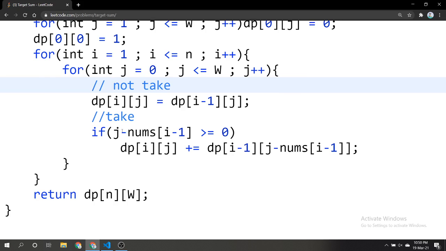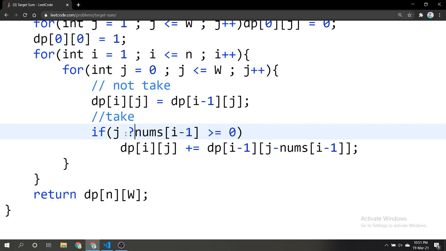So when can I take? When my ith element, so here I am focusing on this i minus 1. Here I am taking i minus 1 because if I take the first element, then my i minus 1 will be the first element at the zeroth index, because my array is zero-based index.